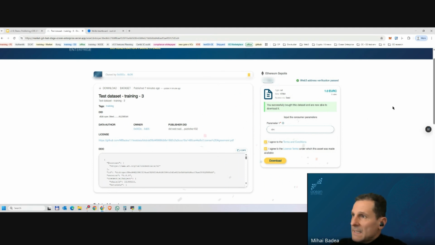Okay, so the asset was performed, and now I can download it. If you remember, when I defined the first service, I also provided some consumer parameters, and these are displayed here on the screen, and I need to provide some values, and then I can access it. In our case, because it's a file behind this asset, the consumer parameters